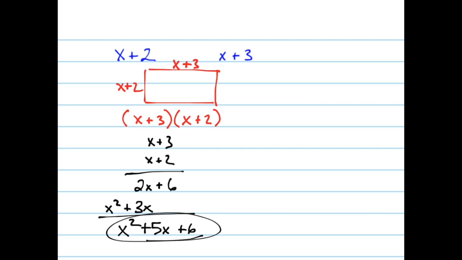Now, this might be helpful in the following problem. If we look at example 7 in the book, it says you're designing a rectangular skateboard park on a lot that is on the corner of a city block. The park will have a walkway along two sides. The dimensions of the lot and the walkway are given. So we have a rectangular lot that has a walkway built into it,